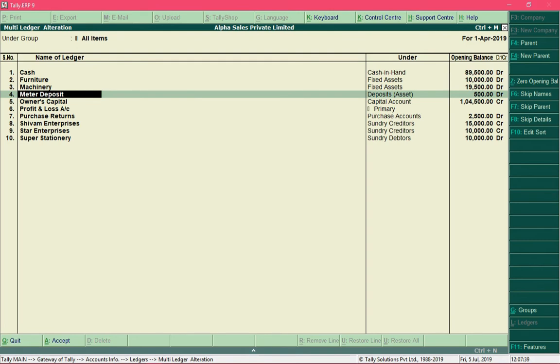So I'll make the same change which I made with the single alteration. So I'll change the name meter deposit to meter deposit account. And for this ledger purchase returns over here,